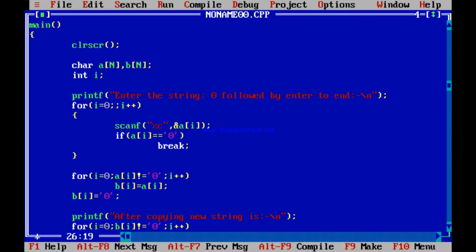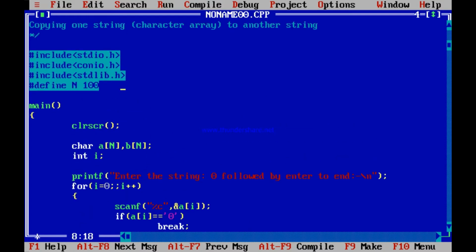And interestingly now, I will tell you, like in the integer array, you remember, you often avoided this #define N 100, like this a[N] and b[N], because you never know how long an array the user will enter. Like over here, #define N is 100. So the array you have declared is of size 100. So what if the user enters a big paragraph? 100 characters are never enough. So what was the solution out there?